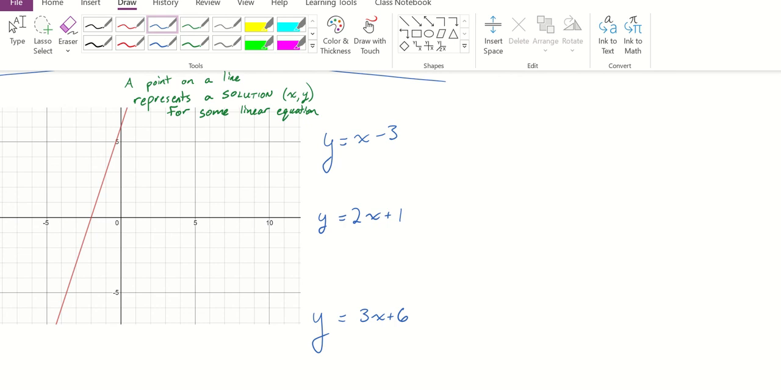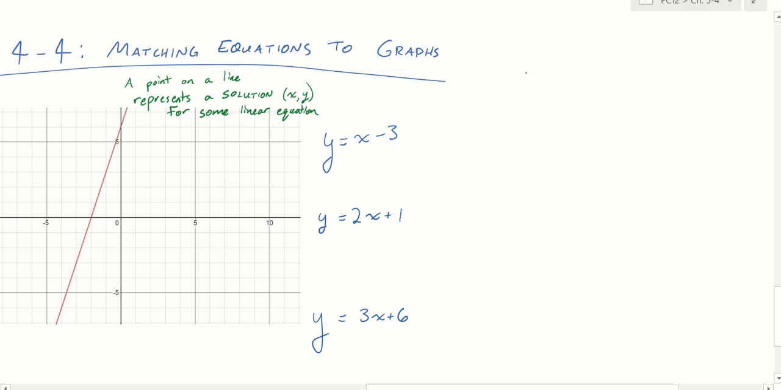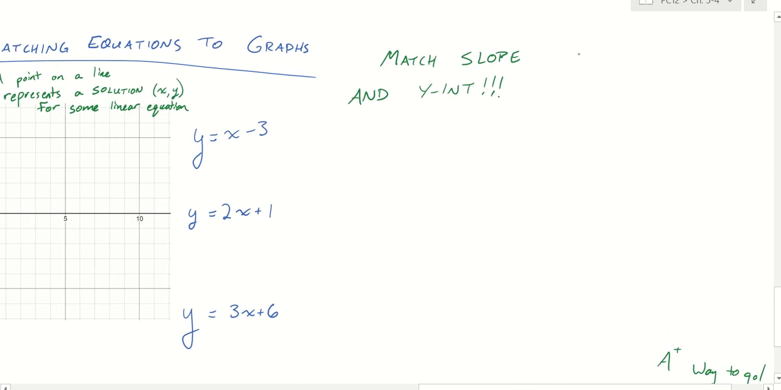Here is the method. I'll write it in green. Match slope and y-intercept. So if we remember, slope is the m value and the y-intercept is the b value in some equation that looks like y equals m times x plus b. So